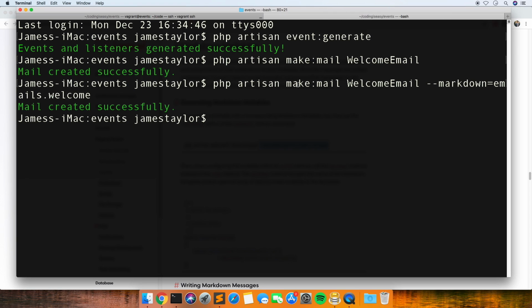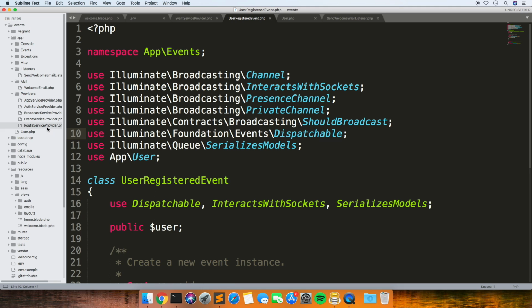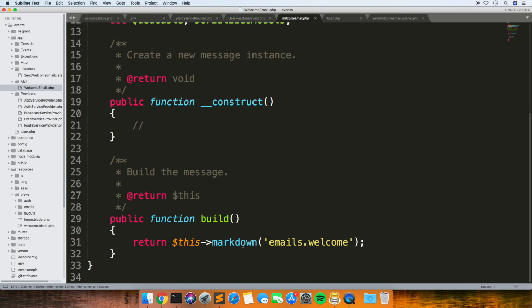So it's created the class that sends the email, and then this is your view where you want to do your HTML or your markdown. So let's see if that's any different to what we had before. For now, let's just get a basic email sending without having the user's actual details in there.